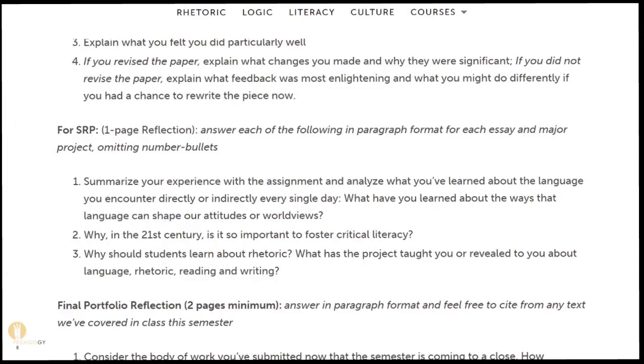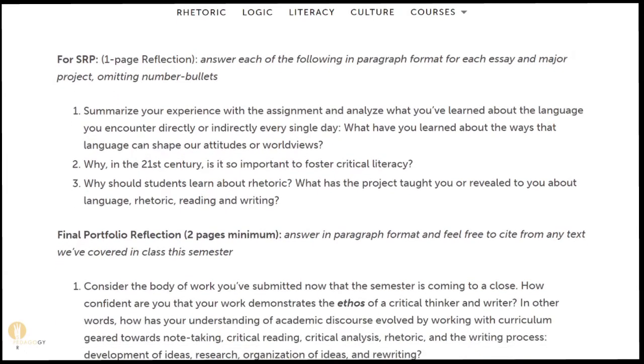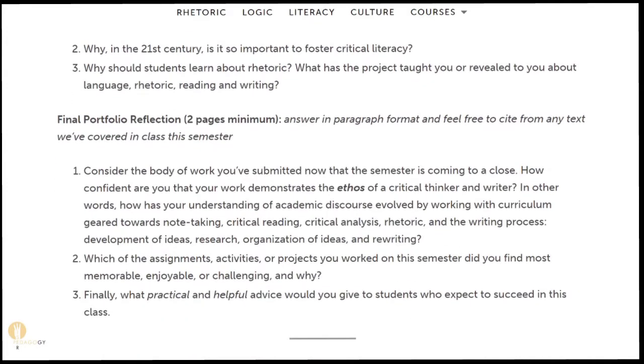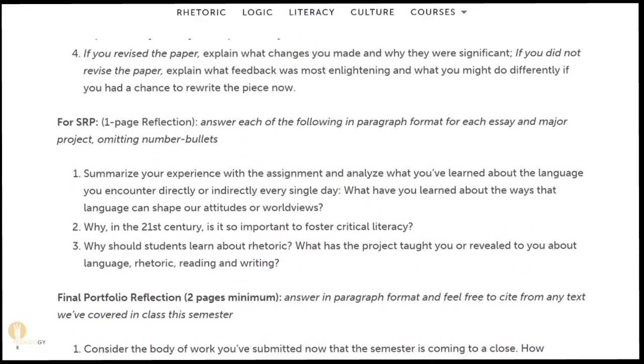In any case, answer these 3 questions, include that in the portfolio, and then this right here would be, let's say, the bigger of the total reflections. It's the one that addresses the portfolio as a whole. There are 3 very specific questions there that you have to answer, and so just to reiterate, you would be